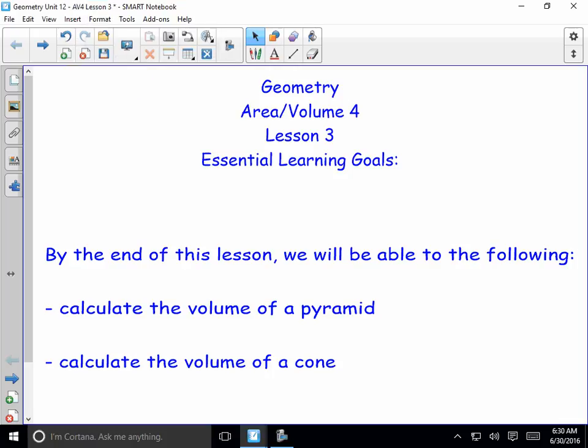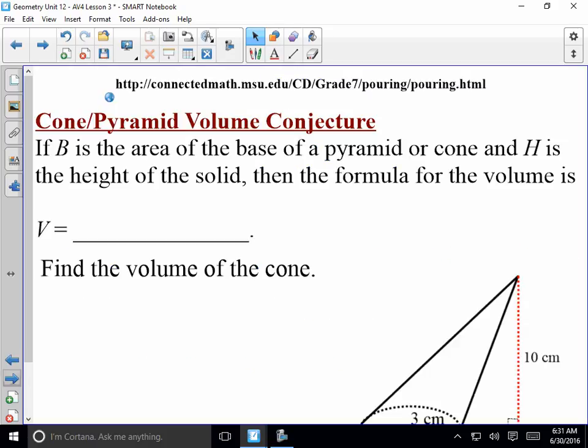Hello, and welcome to today's lesson where we're going to work on calculating the volume of a cone, which would also work for the volume of a pyramid. The formula is the same for either shape. Now, when we look at the cone/pyramid volume conjecture, if B is the area of the base of